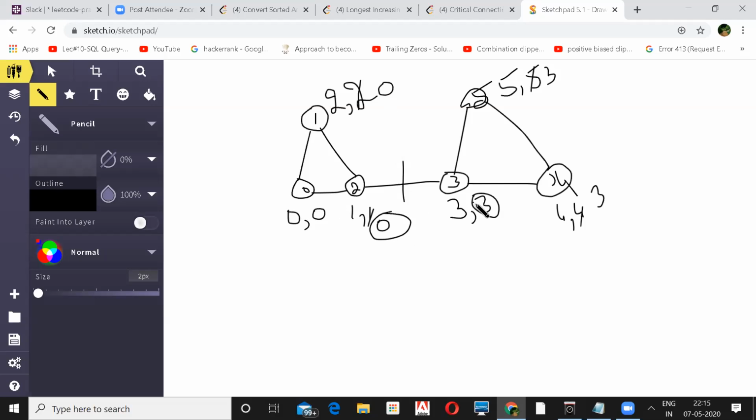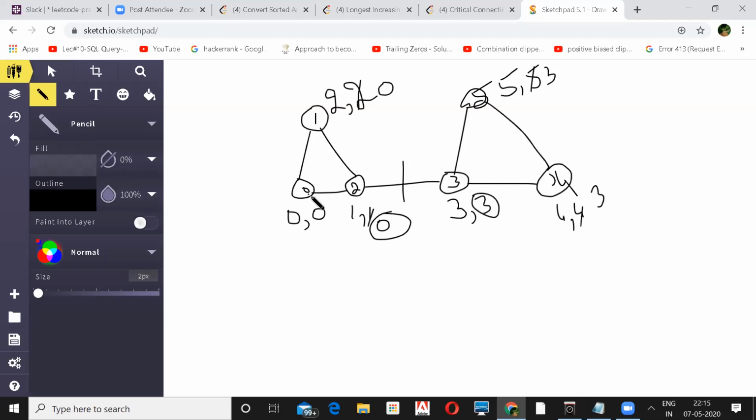So what is the meaning of the second entry? The second low link value, yeah. It's the first one we recorded when we first visited, right? Yeah.